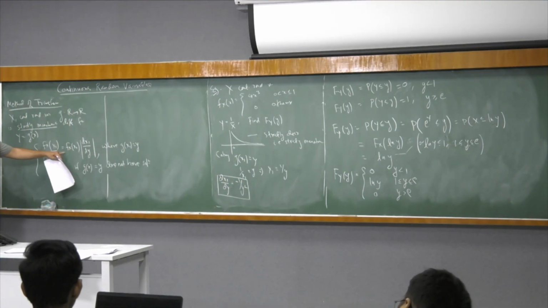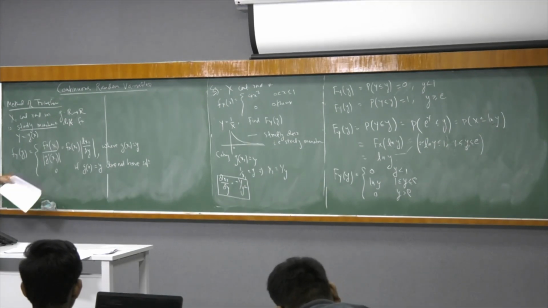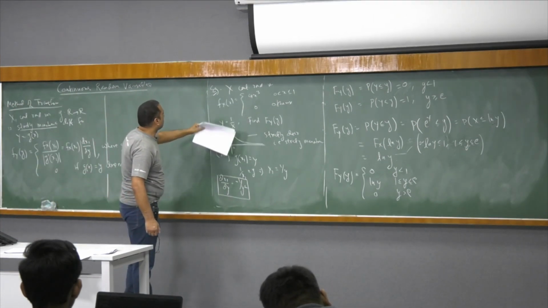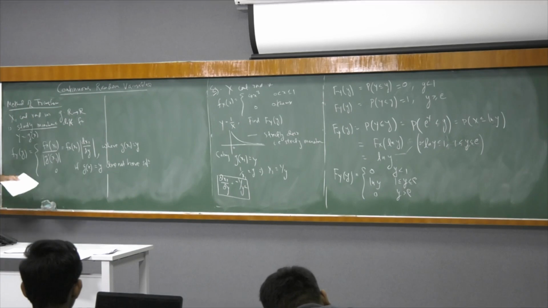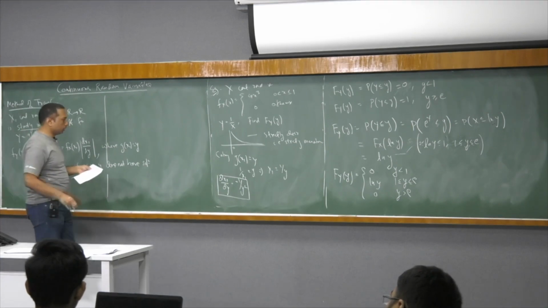And fX of x1, the PDF, is given to us. So let us write down the formula directly now. So fY of y is